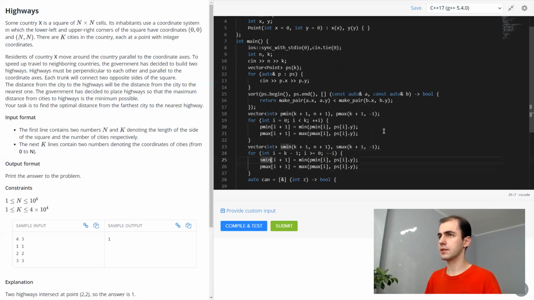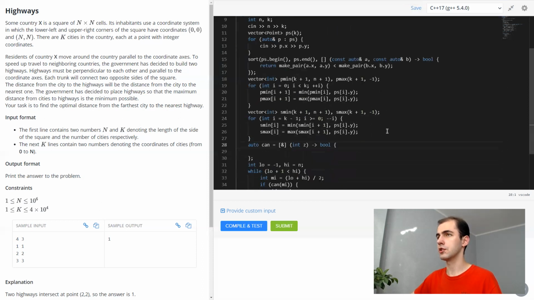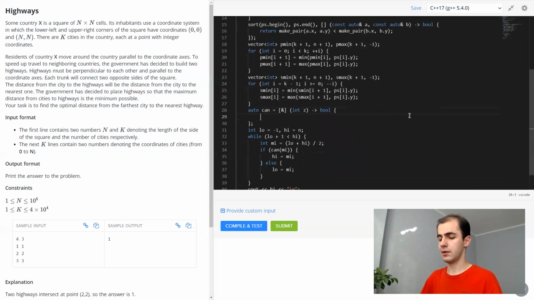Second, suffix minimum of i, suffix maximum of i, the maximum and minimum of i plus 1 and points at i y. Sounds legit. So what do we do here is, no, that is incorrect.